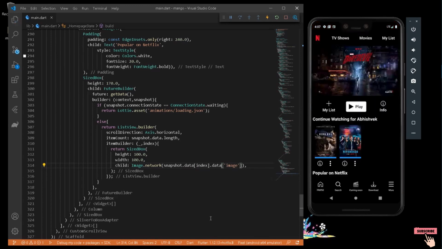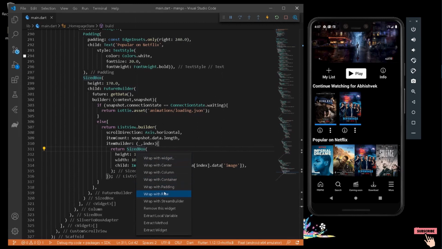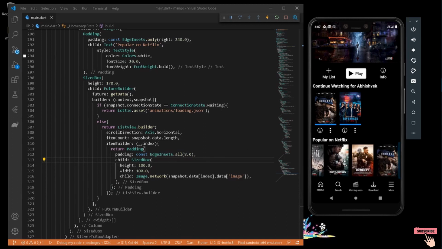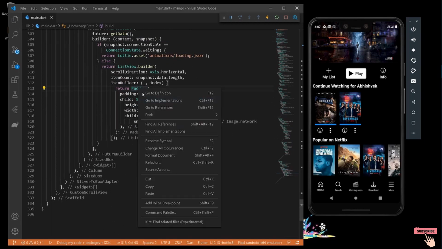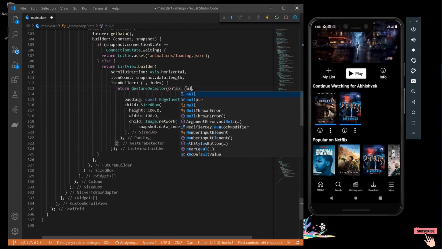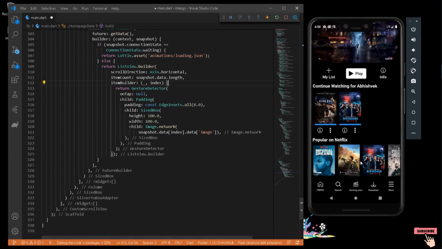Press Ctrl and S. Okay, so if we go down here, you can see that the animation has occurred, which is this loading animation, and we will be fetching all of our data, which are the images from our Cloud Firestore database. So we can add some padding to our SizedBox from everywhere, that is from all. Now we can see that we have loaded all of our data from the Cloud Firestore, that are images. Now instead of returning padding, we can simply refactor it into a GestureDetector. So I can write here a GestureDetector, which will contain an onTap method, which for now does nothing, but in our future tutorial it will be functional as well. Cool. So we have our popular on Netflix series.